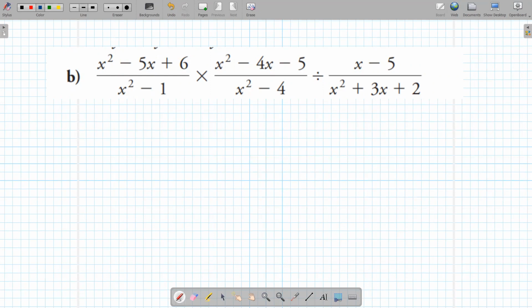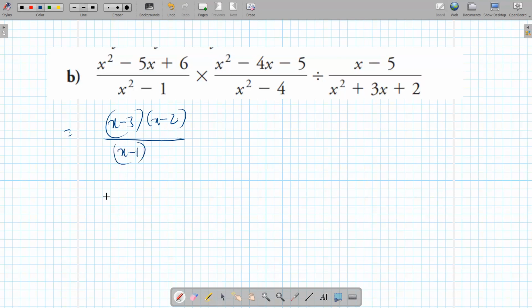Any ideas? It multiplies to 6, adds to -5. What are the numbers? -3 and -2. Yep. So again, the leading coefficient is 1, so you get x minus 3 times x minus 2. What does the bottom factor out to? X minus 1